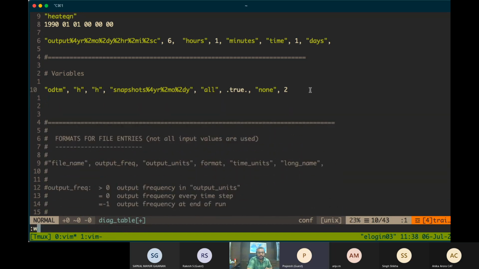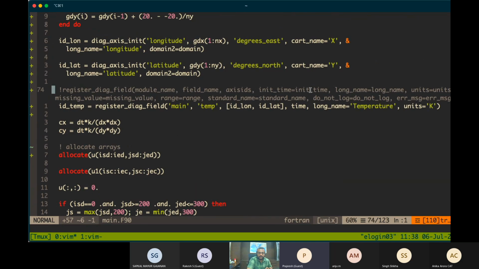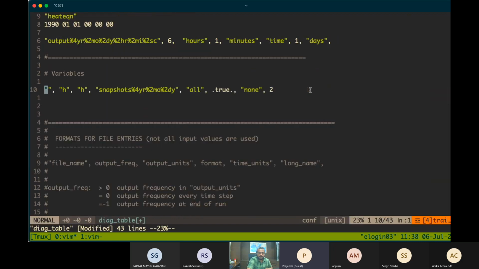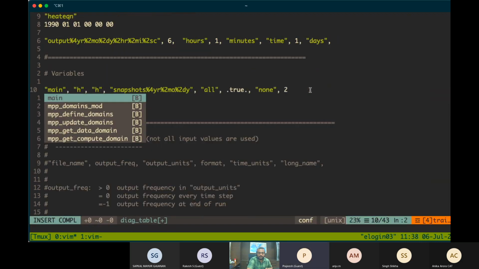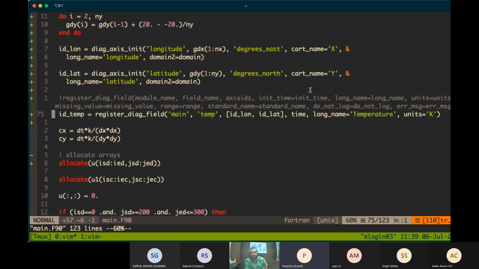Now I'll define the variables which I want. This is where I told you about that module name. In this case, we have to write main, the same module name which we gave here. Okay, which is main. And then the temp name which we gave inside the code, which is temp.